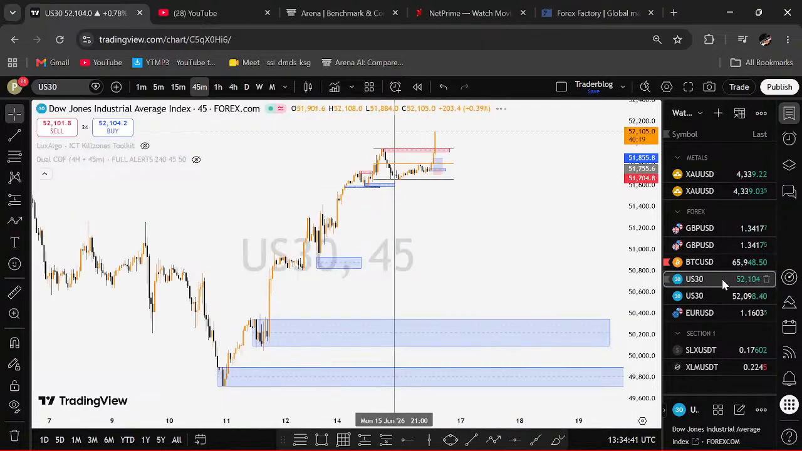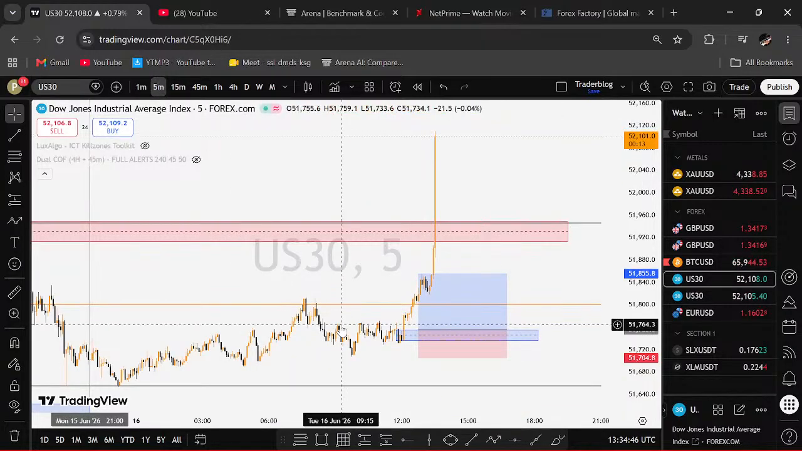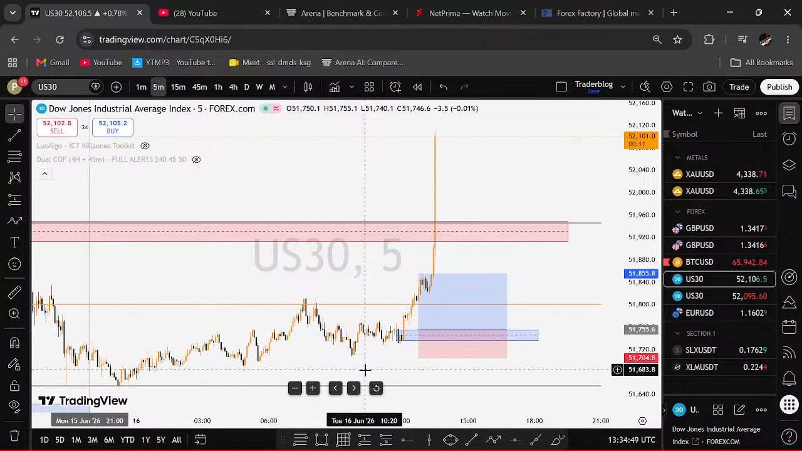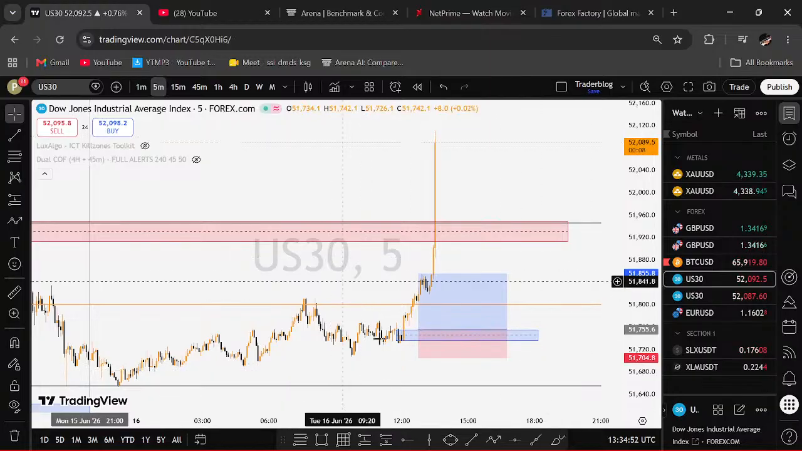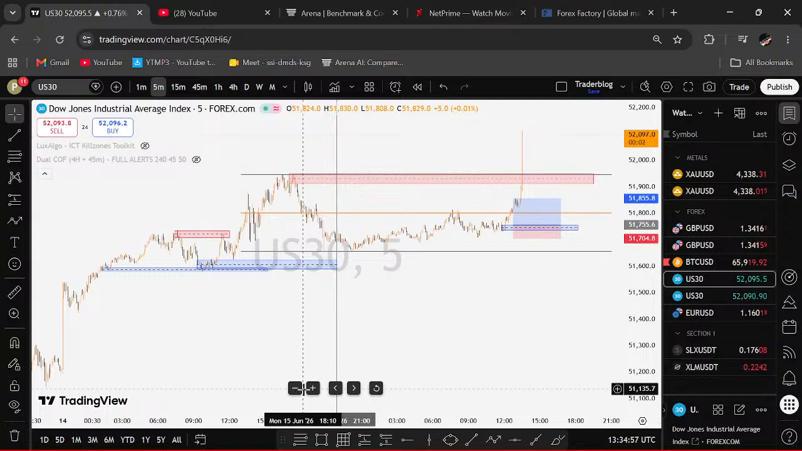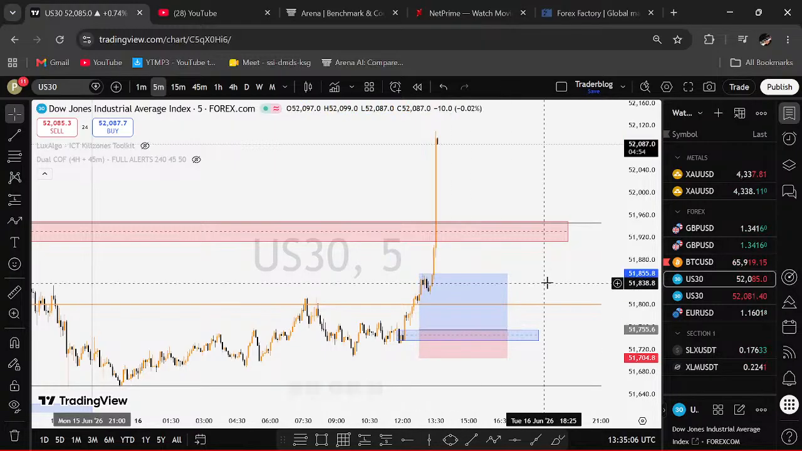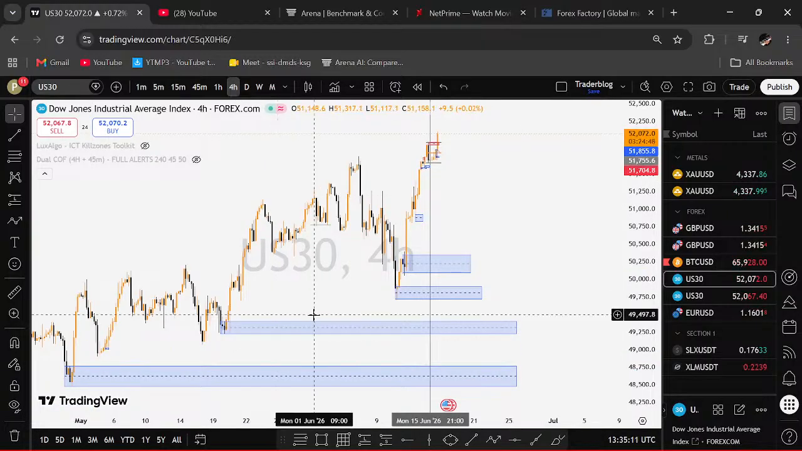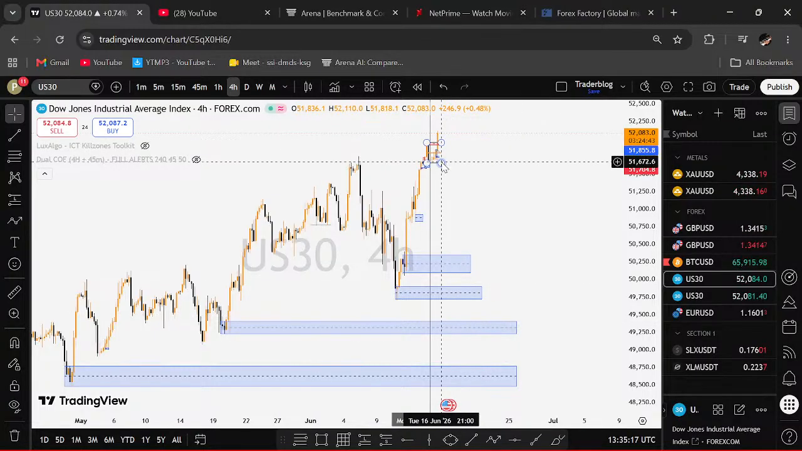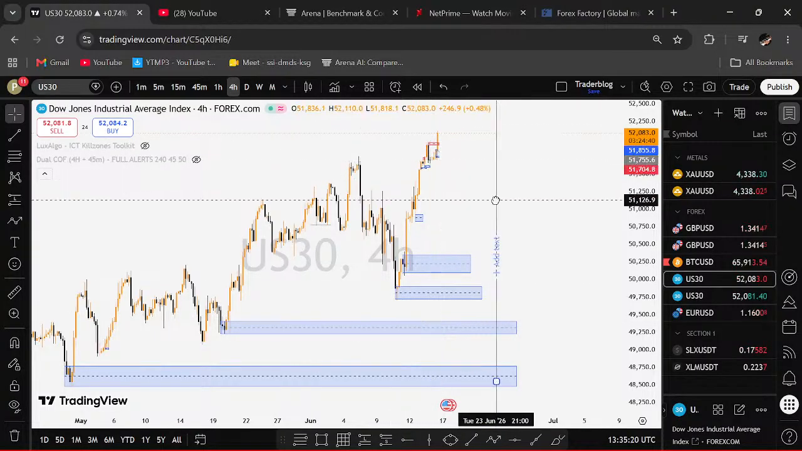And I was also looking at US 30. US 30 misbehaves. I still like it like that. Let's see what we have here. I was looking for buys, you know, come at the days. But I said,